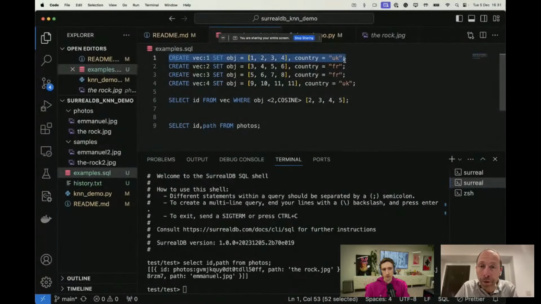And I wanted to showcase this. The main thing is that a vector is a field like any other. So if you have a vector, you can add metadata regarding this vector. In this case, I just have created 4 vectors,